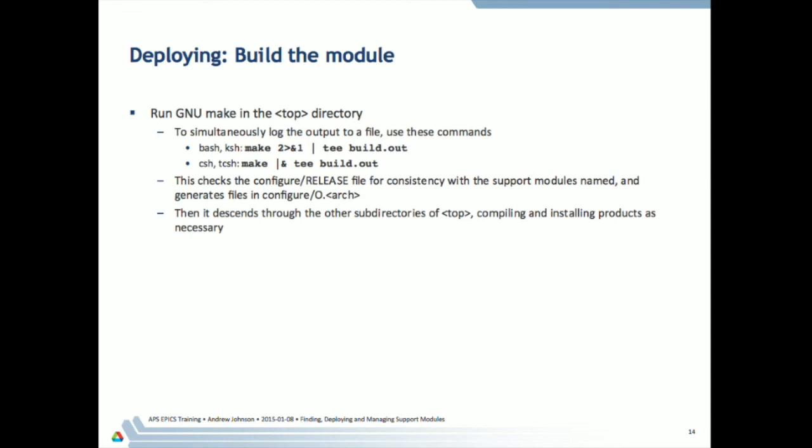And once you've modified that, usually it's just going to be a matter of building the module to run. So you run make. There's a couple of little things that we use if you want to record the output from your build while you're seeing it at the same time. Then tee is your friend. And then the build checks the release file, makes sure that it's consistent with all the support modules you're linking to, and then generates the files, runs through and compiles everything and so on. And hopefully that will be sufficient to succeed. So that's built the module,